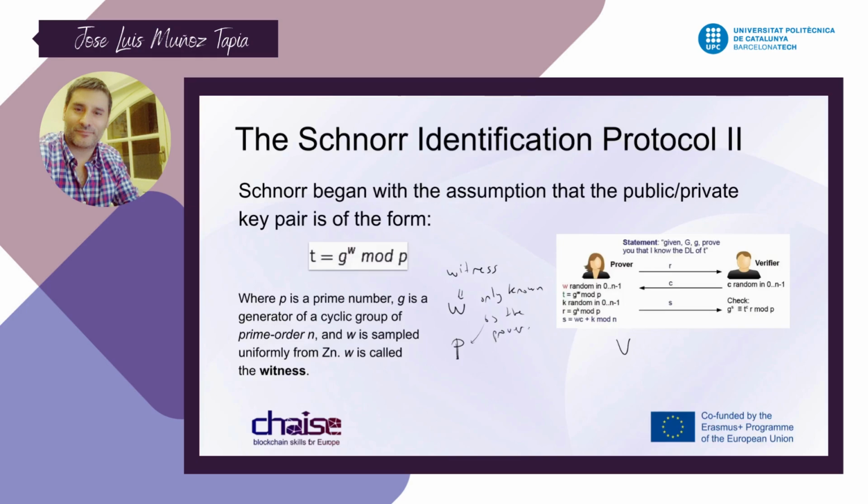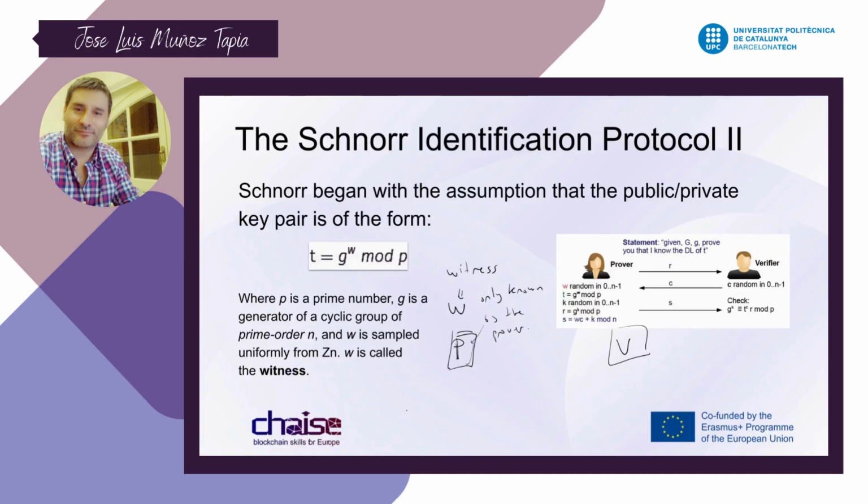Okay, and the prover wants to prove that he knows W, but without showing W to the verifier. In fact, what the prover is going to prove, the concrete statement, we're going to formulate it in a moment, but we're going to use one property. It's a mathematical property that